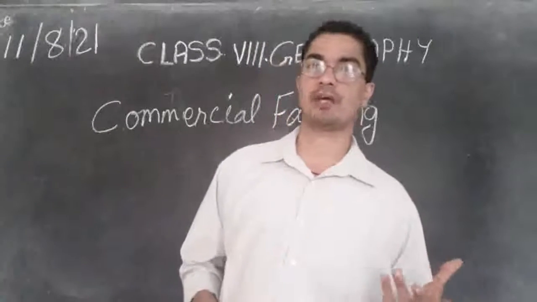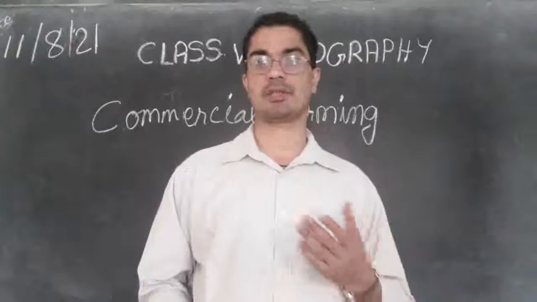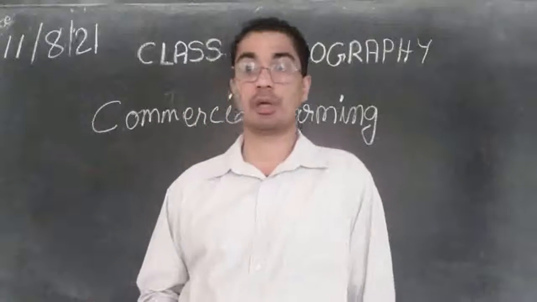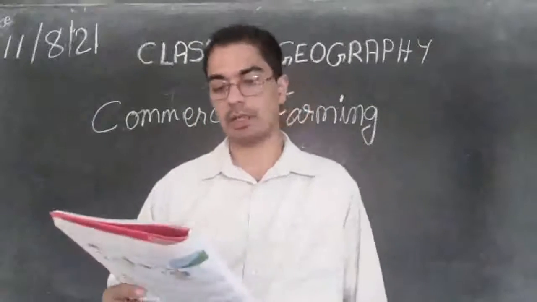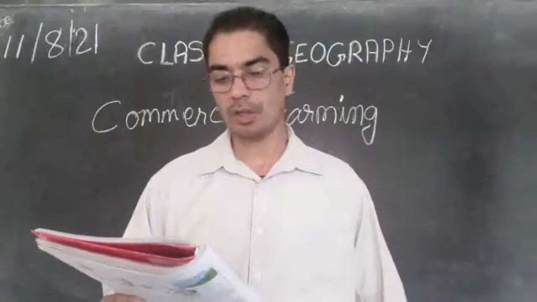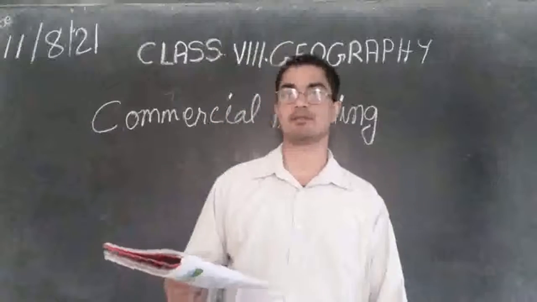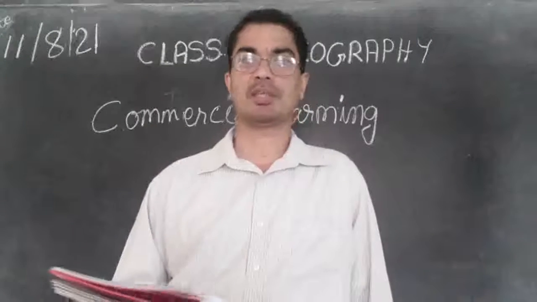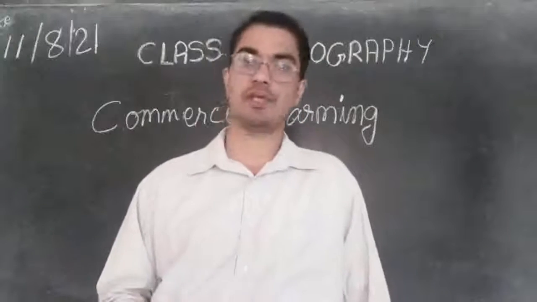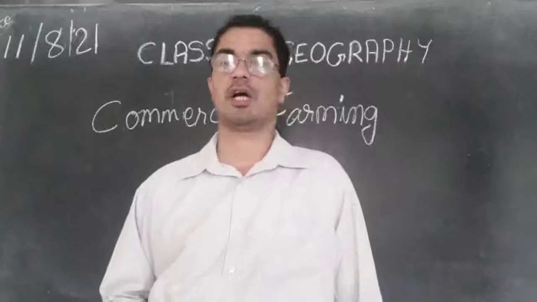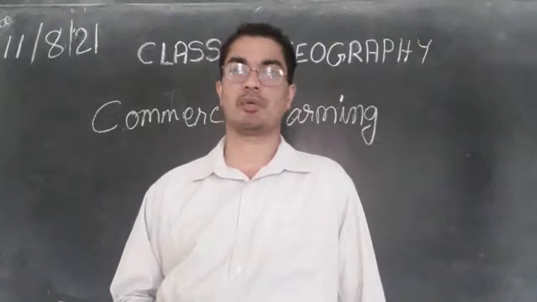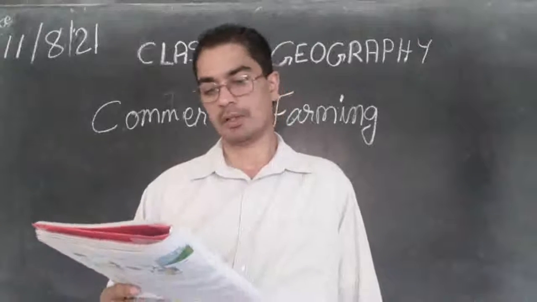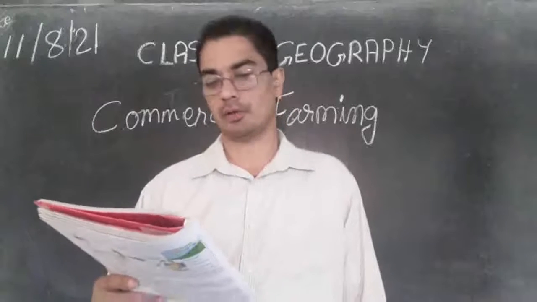So without money we cannot have any work. We cannot start any work. So that money should be there in our hand. That is called capital. So they need large capital. Then most of the work is done by machines like plowing, harvesting. All these are done by machines. So we need to buy the machine and we need to employ workers to work the machine, function the machine, and so on. Then commercial farming includes